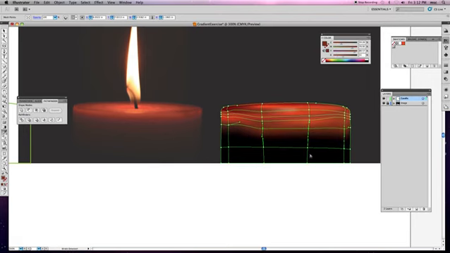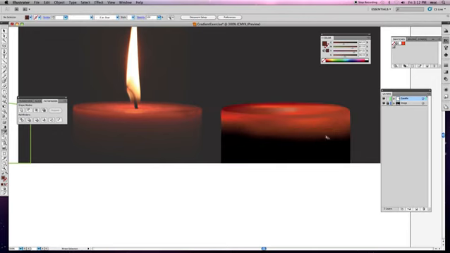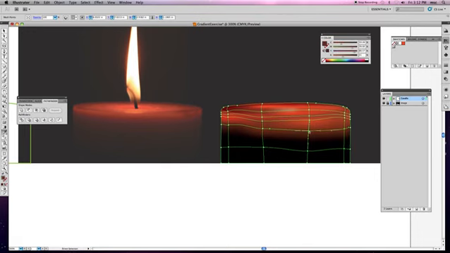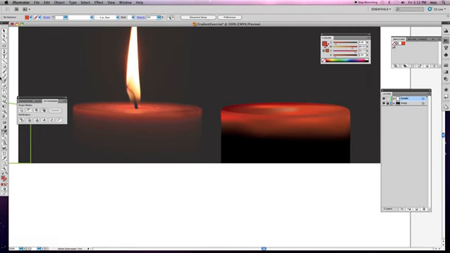Okay, now it's getting subtler or more subtle. I'm an art teacher, not an English teacher. Okay. So this is coming along okay, and it's starting to get that glow that would happen if you had a candle lit up. So now the last thing I'm going to do is I'm going to go and repeat this little trick again